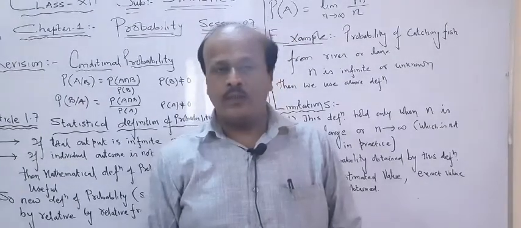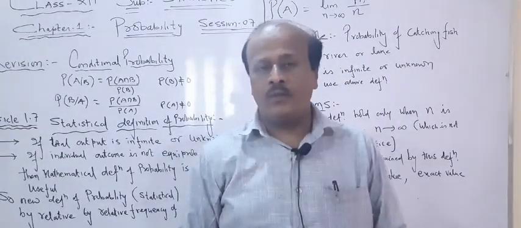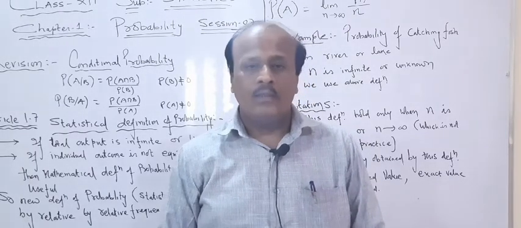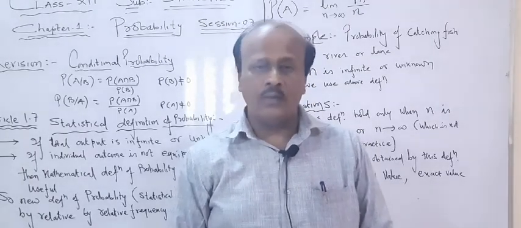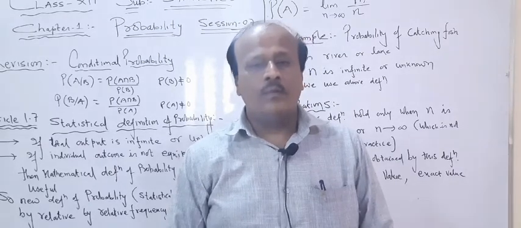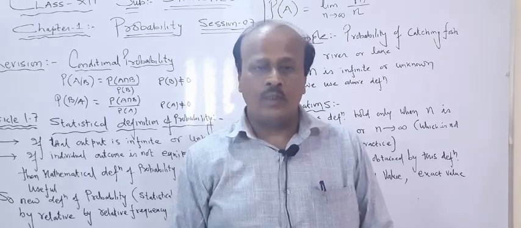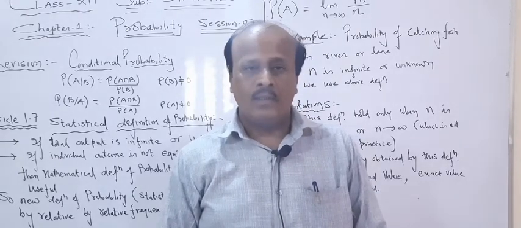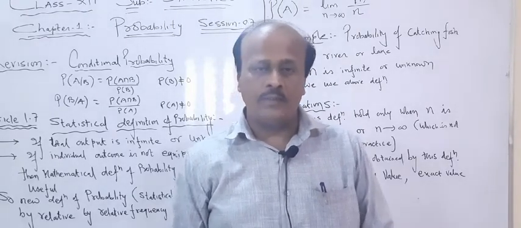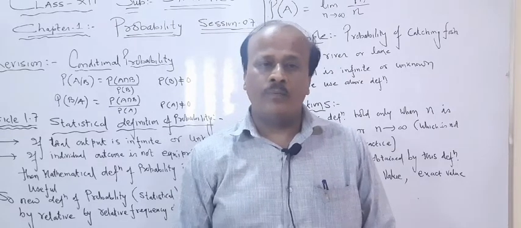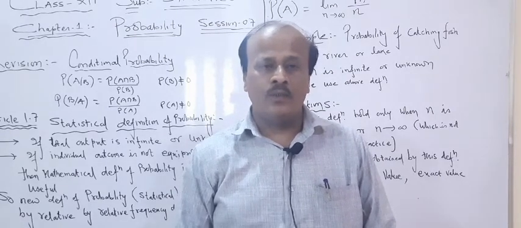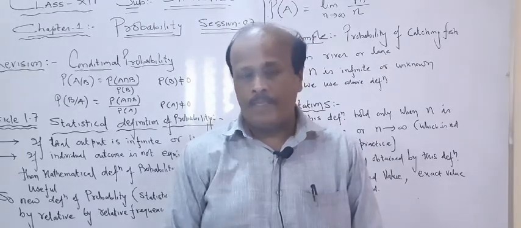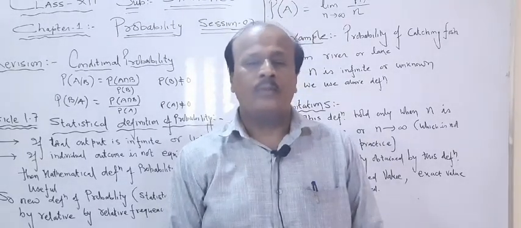As you know, we have already spent nearly six sessions on the chapter of probability, and I already told you that the theory is over. Most of the theoretical part is over, but one more definition is left, and as soon as we do that definition, the theoretical part will be completed. So today my aim is to complete the theoretical part of this chapter and then do many questions one by one.